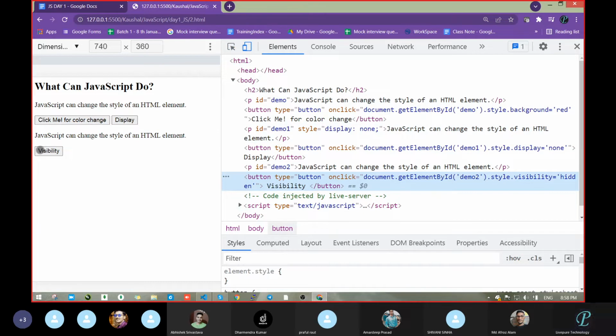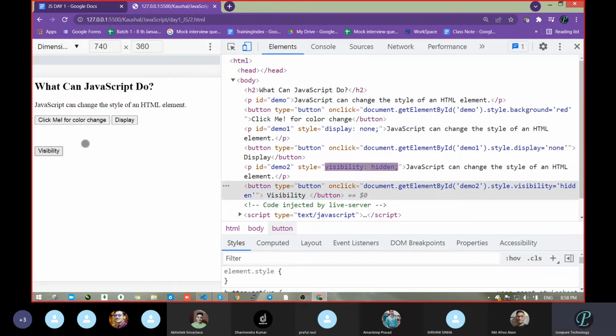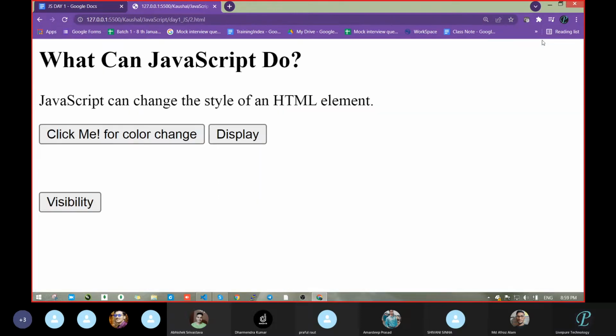Click this. Visibility gone. But let's verify that. See the paragraph. A space is there or not? Yes, sir, it is there. Means in the visibility case, it maintains the space. But in the case of display, it does not maintain the space in the DOM section also. Means from the UI it is gone completely, it is removed.